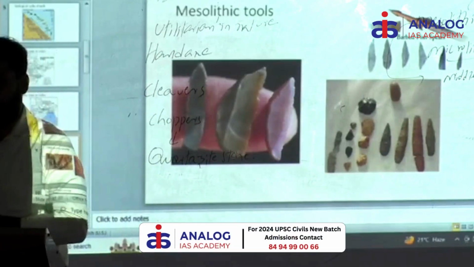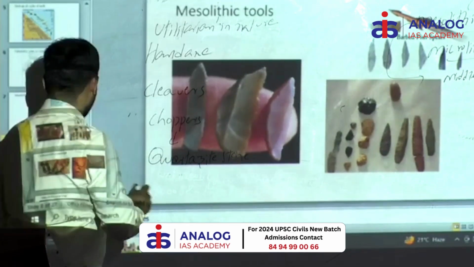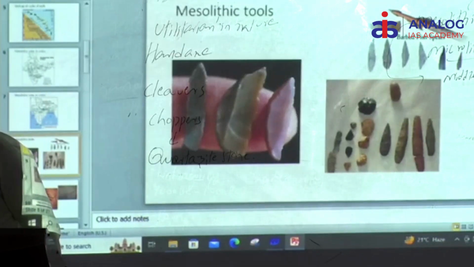Apart from this, you can see the tremendous change in the environment. Now the earth moved from Paleolithic